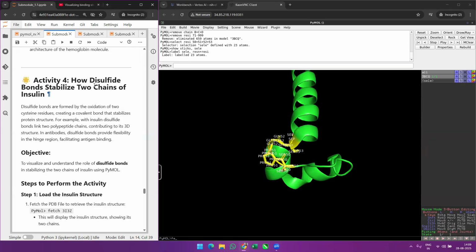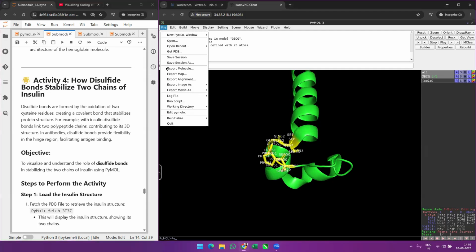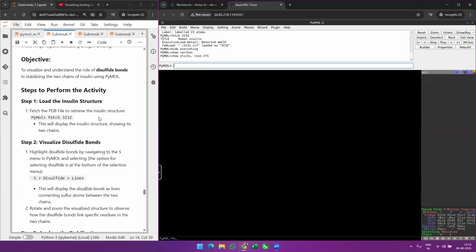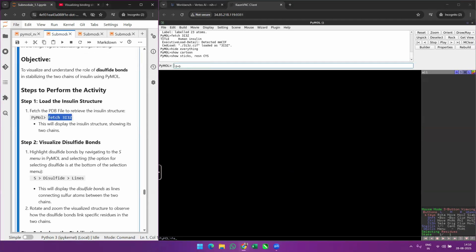So here we'll see how disulfide bonds stabilize 2 chains of insulin. Disulfide bonds are covalent zippers that lock the folds and connect the chains. And insulin is a great example to look at the disulfide bonds. So we will first of all fetch this protein. Fetch